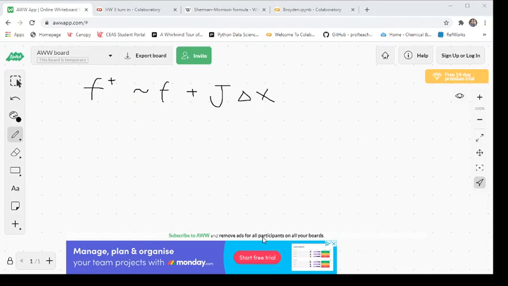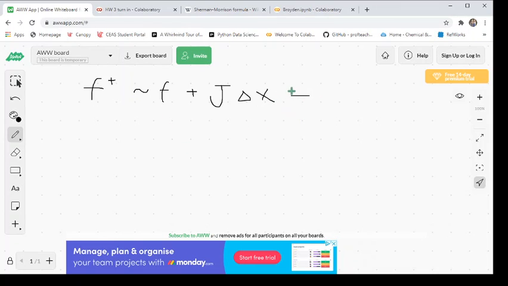Alright, so we have our function that we're trying to optimize. So we have our Jacobian, but we need to evaluate the Jacobian at each new value of x. But this is time consuming, especially in Python, so we use the Broyden method. So here we see that our new function is approximately our previous function plus the Jacobian times the change in x that we took. Let's say we set it to 0